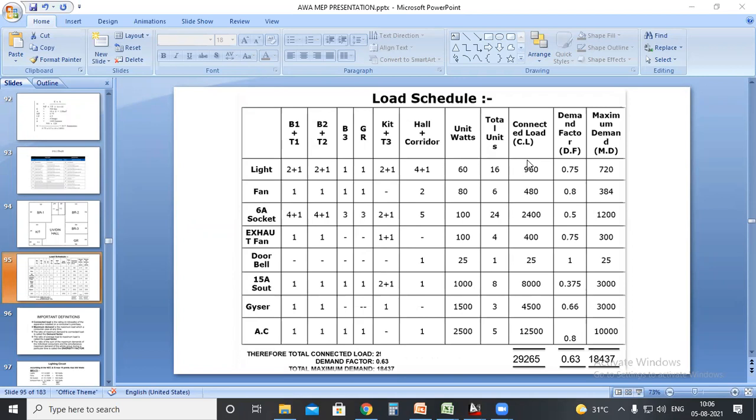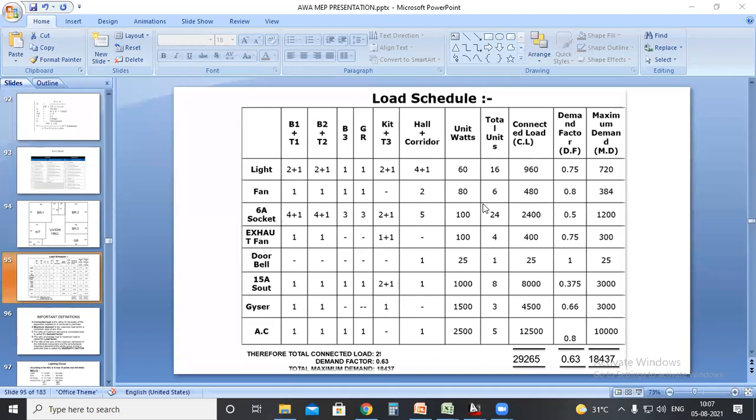It is up to you, because this primary schedule is not so important. What is important is the final load balanced condition according to the standards. The primary schedule is actually a reference for us to prepare the light circuits and power circuits. After preparing the load schedule, we will get all the data like how many lights are there, how many fan fittings are there, and what is the total load for the light alone and for the fan alone. So from this data, you will get an idea.